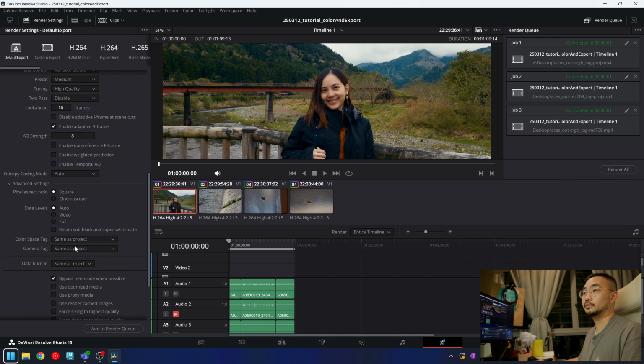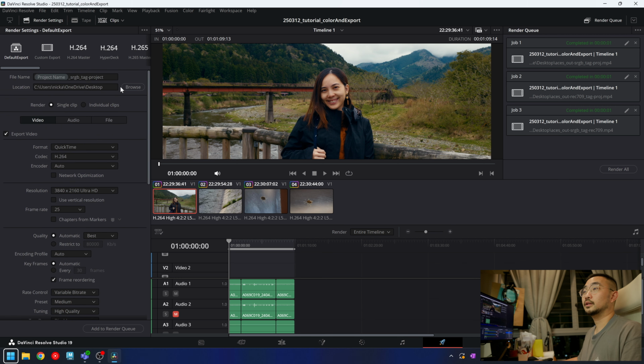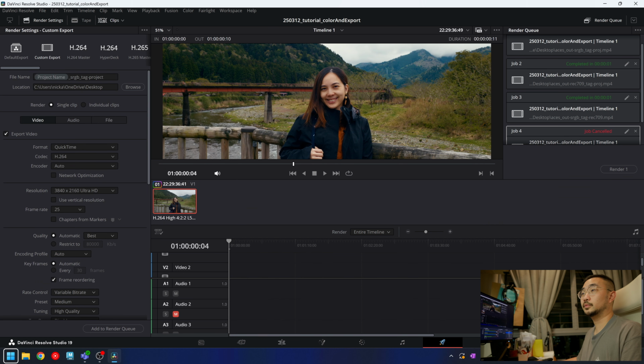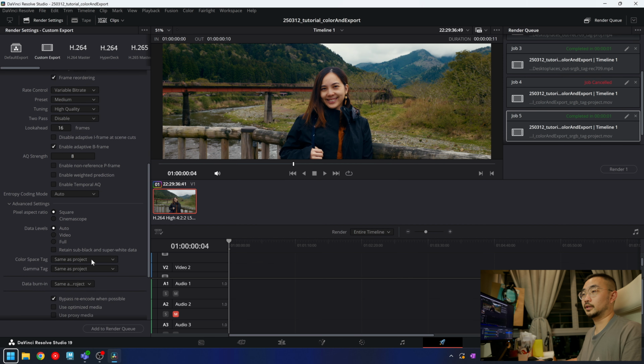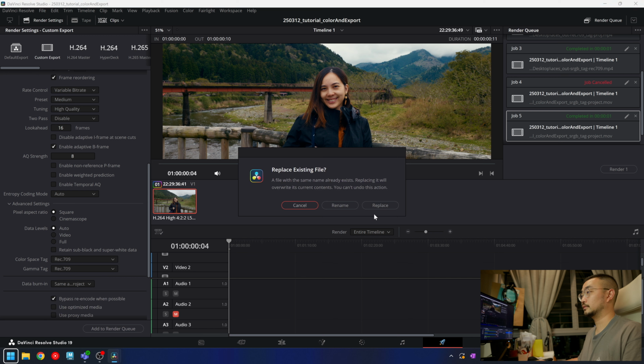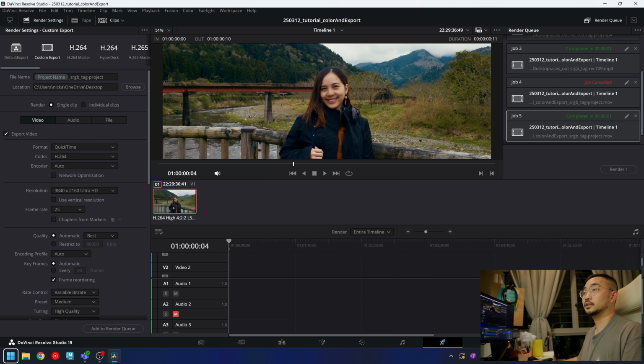This is the default one where it's same as project. And so I'm going to export this output sRGB, tag to project, and let me just replace that, and let me show you one more export for now, this Rec 709, just so that we don't have to do this again, right? So this will be tag Rec 709,